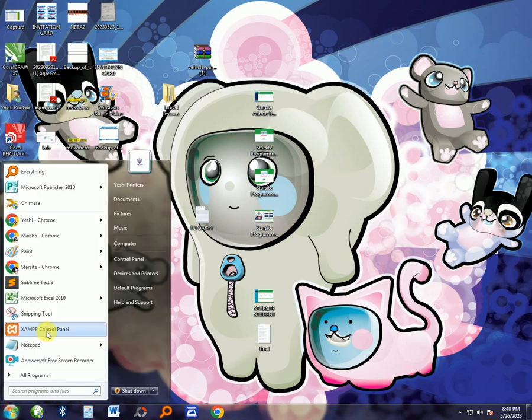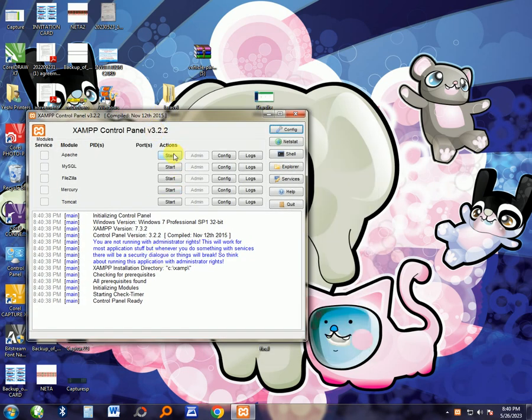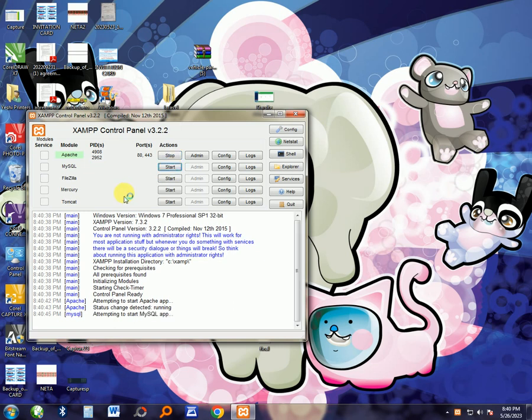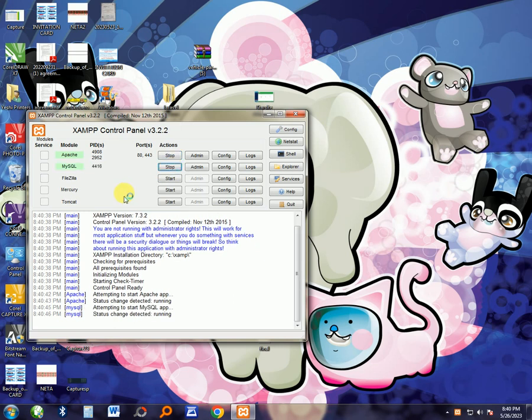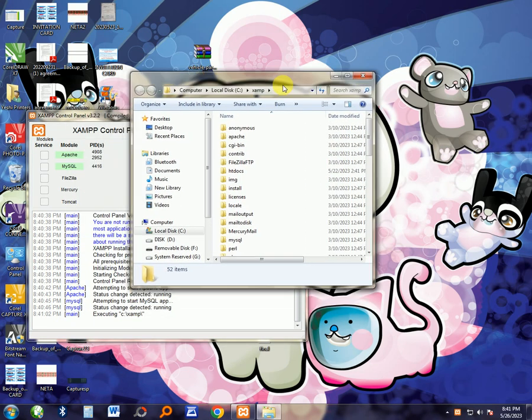Click on and find your XAMPP. Start the Apache and then MySQL. After you attach them, you start them. So continue to the root folder. You can easily go through the Explorer option on your XAMPP control panel, and then